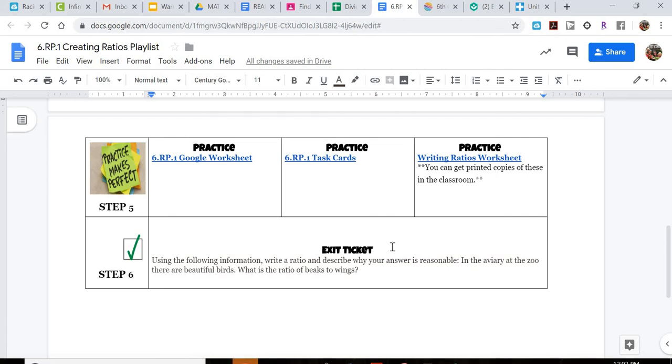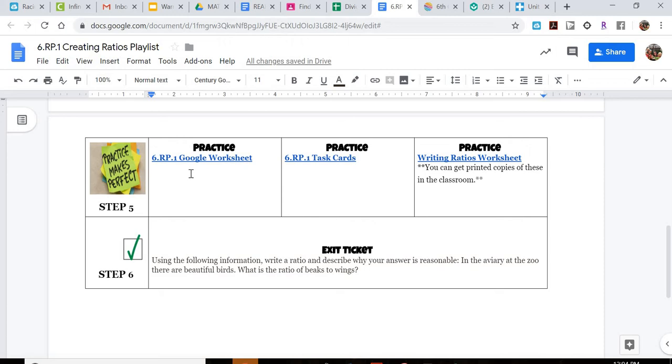Alright, so I'm going to teach you guys how to create that shareable link on a Google slide to be able to add it to your playlist. And you will do this if you have something like a Google Doc, a Google Slide, or Google Sheets to be able to turn your stuff in and allow me access to it so I can give you feedback on